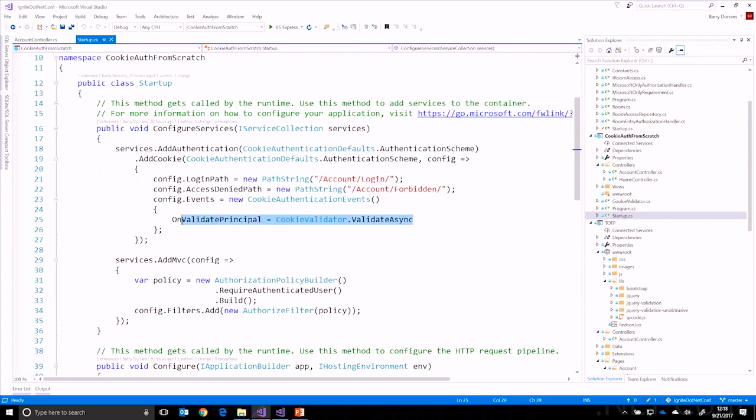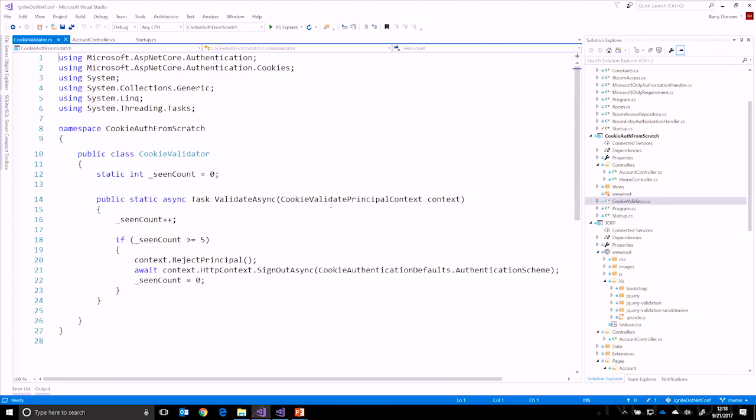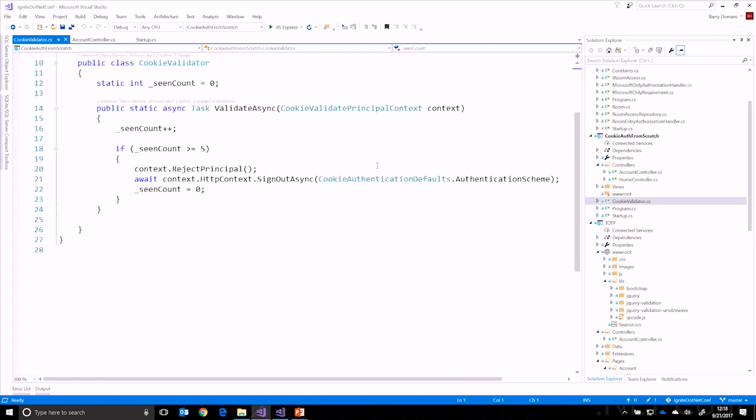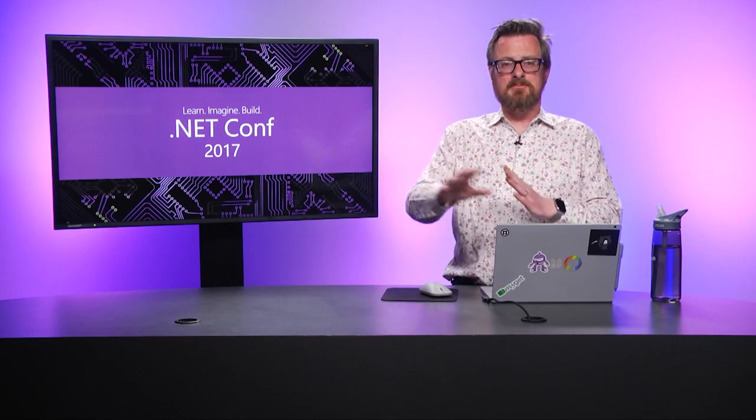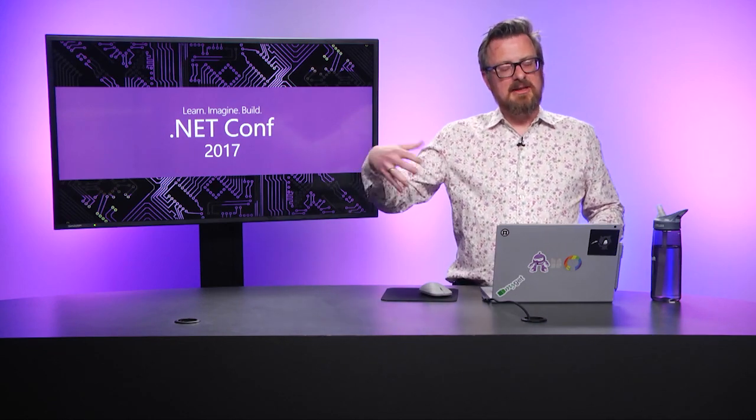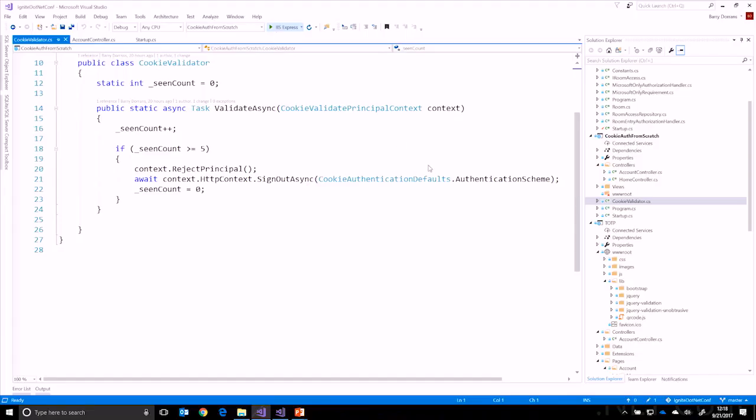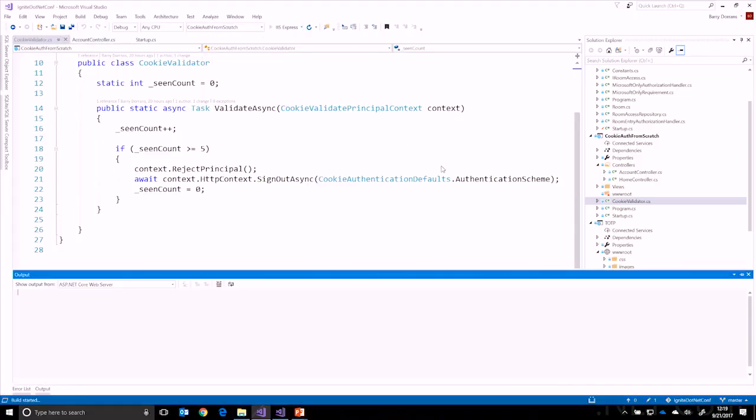You can see that in my events for my cookie authenticator, I am going to add a cookie validator via the OnValidatePrincipal event. And here is a simple cookie validator, and what it's going to do is keep track of the number of times that an individual identity has visited a website, and then eventually it's going to say, that's enough, and I'm going to change the name, I'm going to increment a number within the identity. So we'll run this